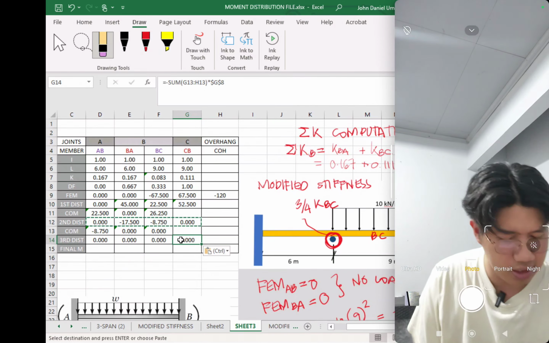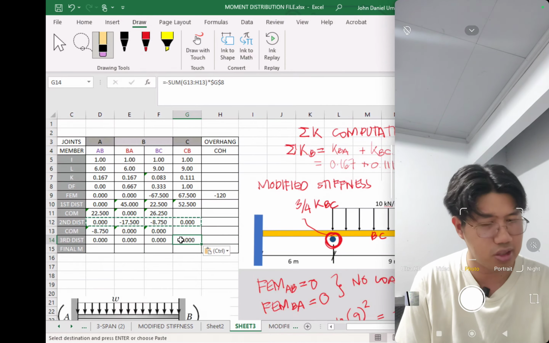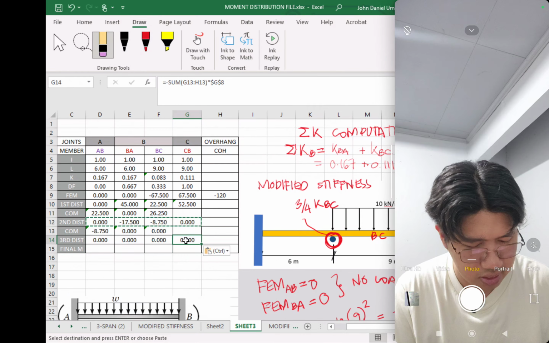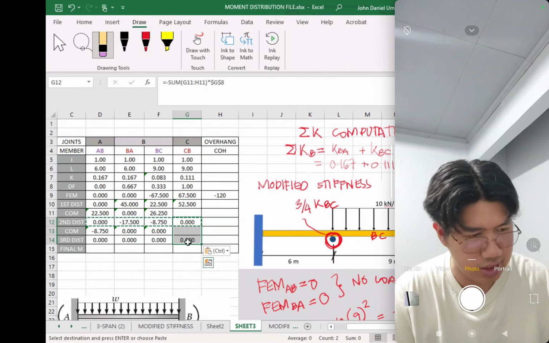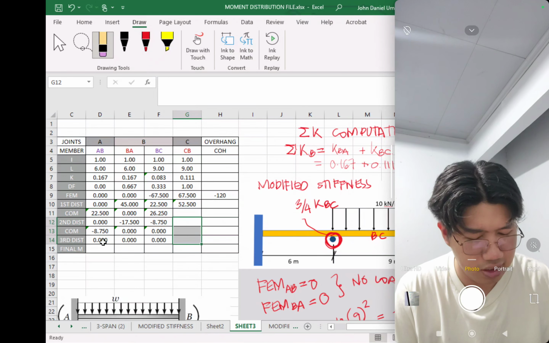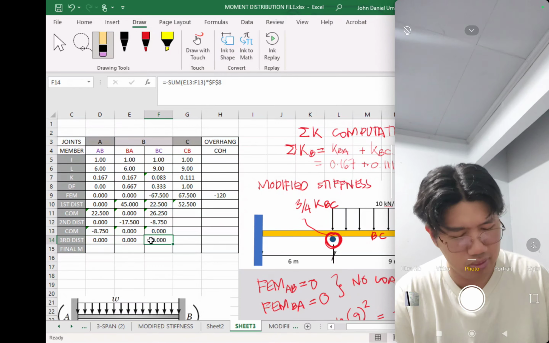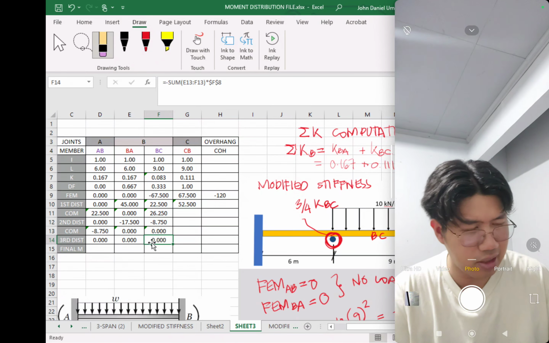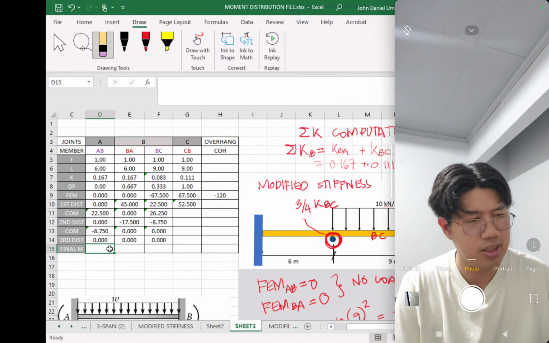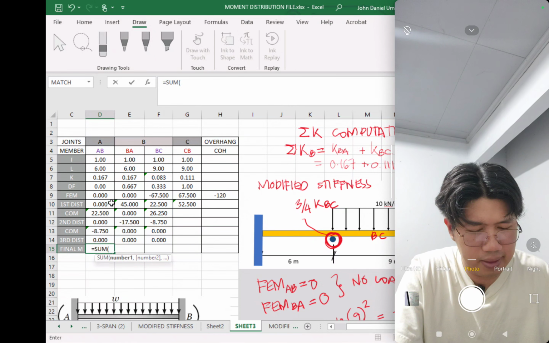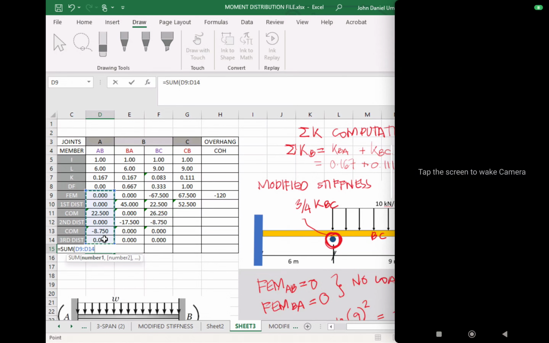Pero kapag sobrang late na, you don't need to do those hard work. Actually, you can stop na, in this case, at the third distribution, since pagdating sa third distribution is wala ka na nakuhang value. Okay, so ibig sabihin that is enough. You don't need to do another carryover and fourth distribution. And then the last one is you take the summation moment from the FEM hanggang dun sa last distribution, in this case the third distribution,